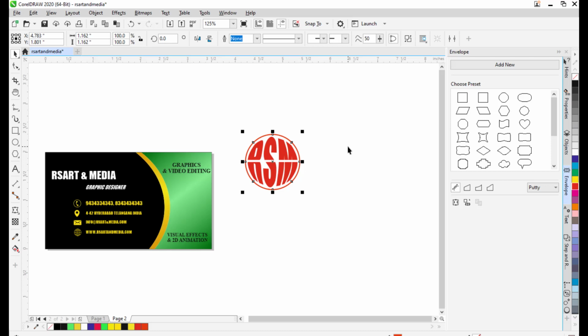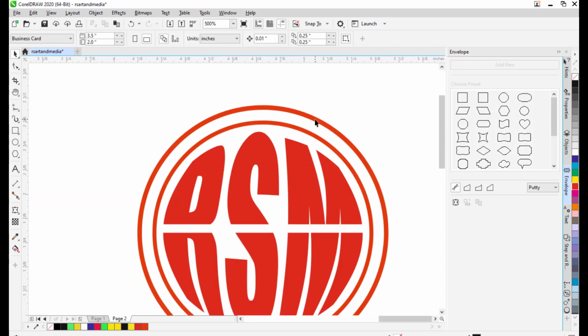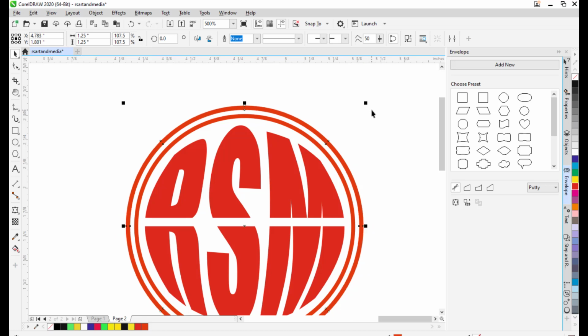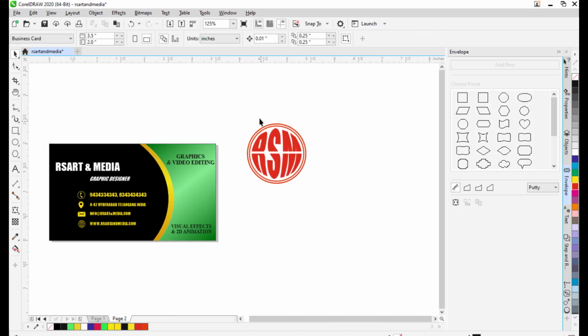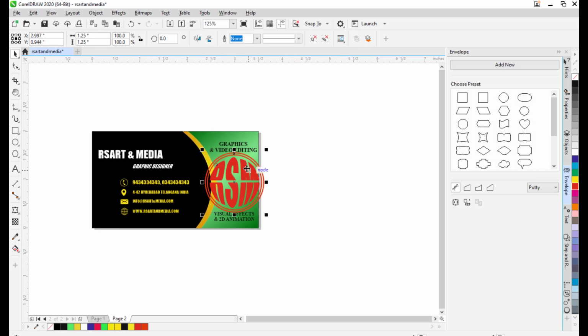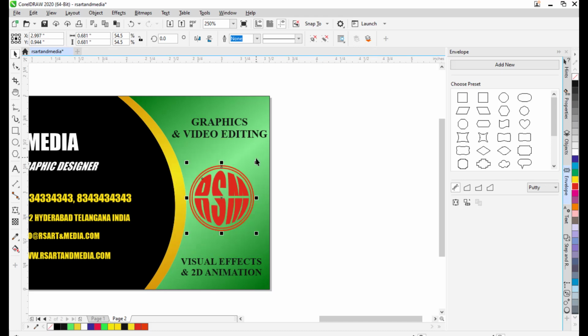And to make it more interesting, we can take one more duplicate by using the numlock plus, and then just hold shift and center scale it, right? So we can slightly scale it down, right? Now it looks fine. So now all we have to do is just select the entire logo, group it, and let's keep it over here,